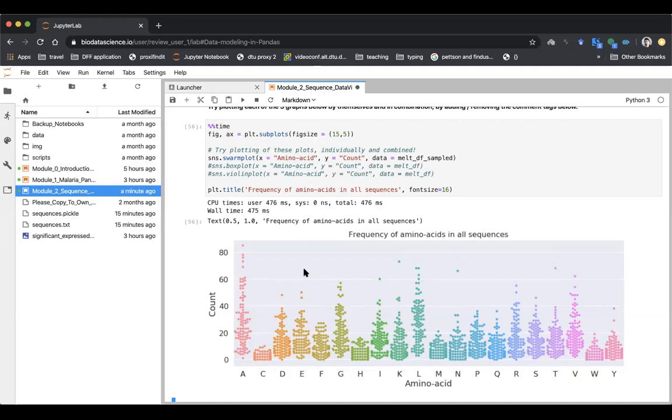As we can see here, we have amino acids that are more frequent, such as alanine, leucine, and serine, and amino acids that are more rare, such as tryptophan, histidine, or cysteine. This is pretty much what is expected. What we can do